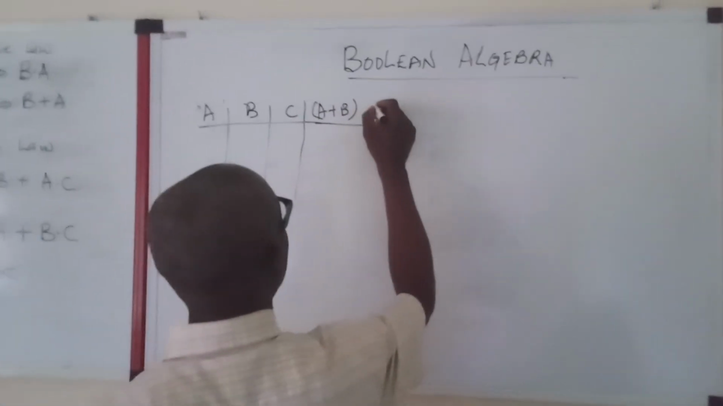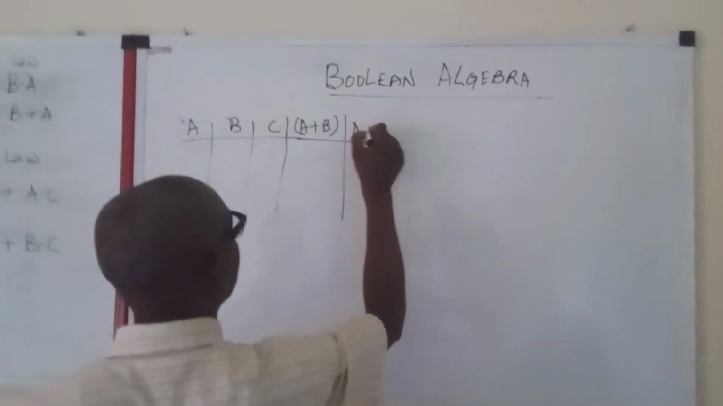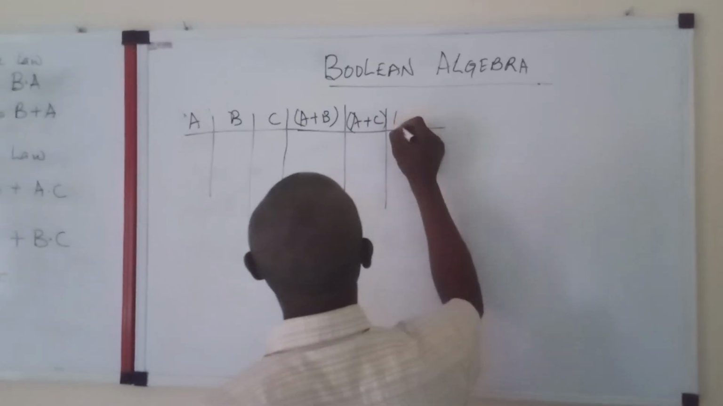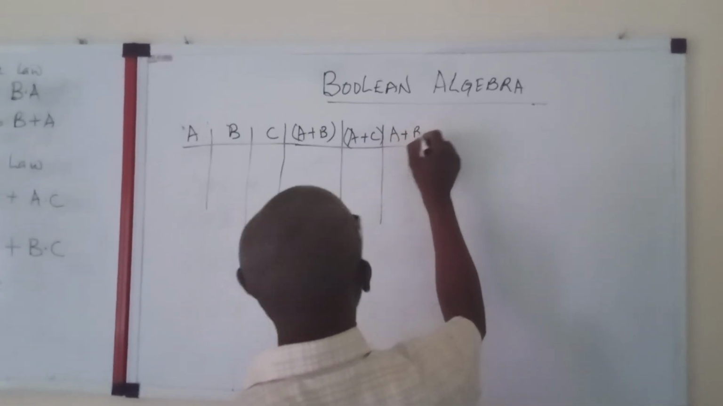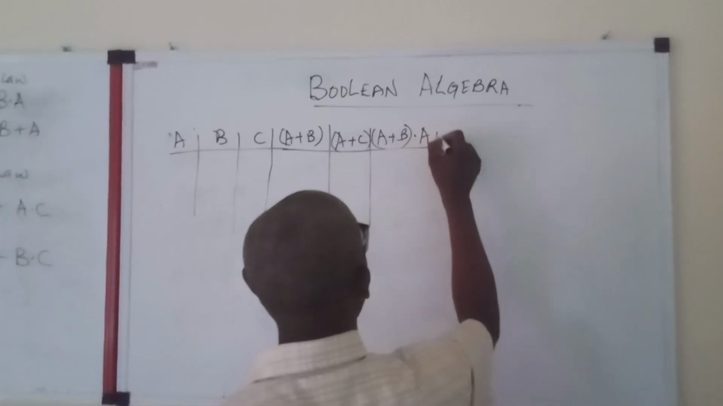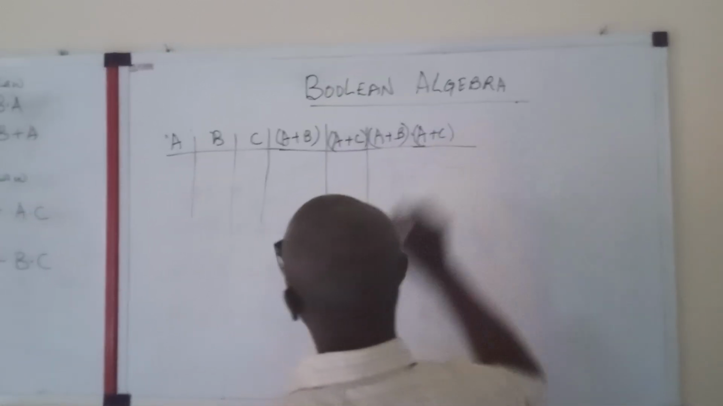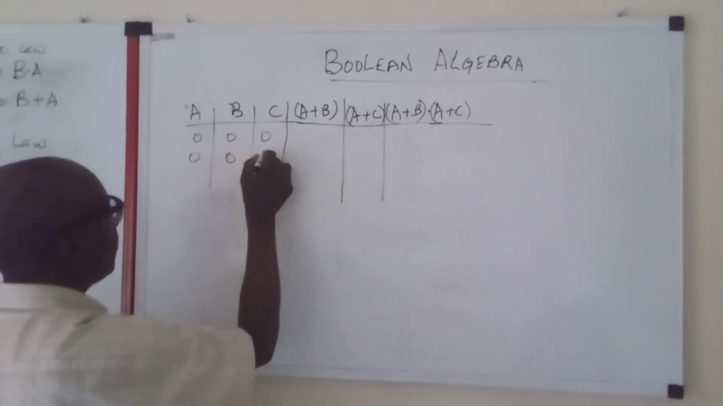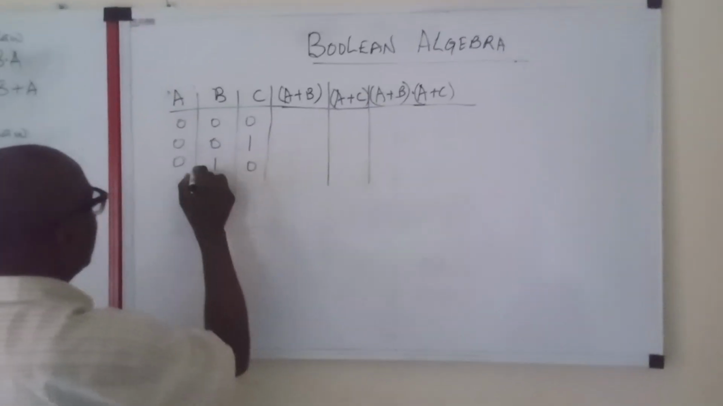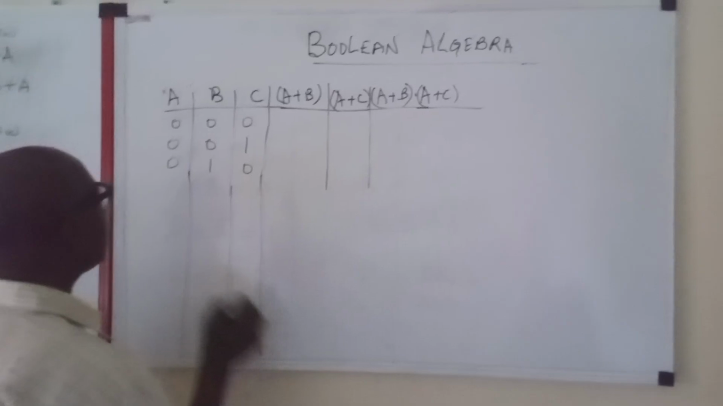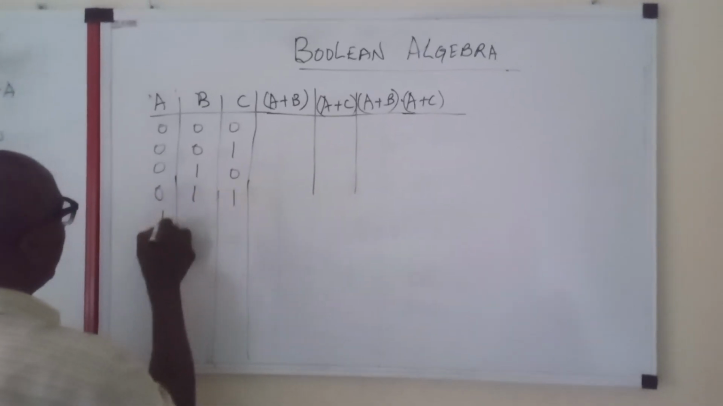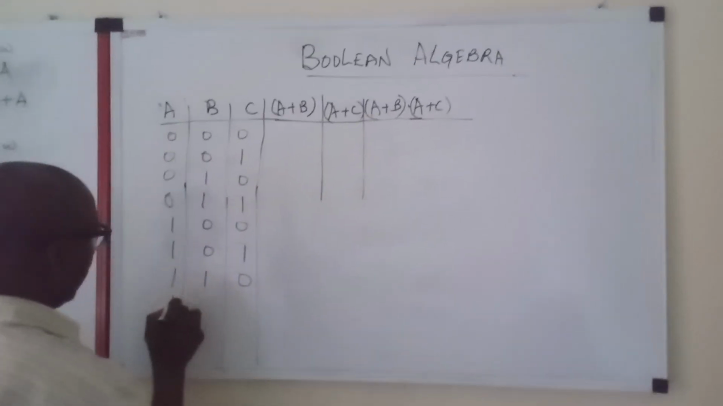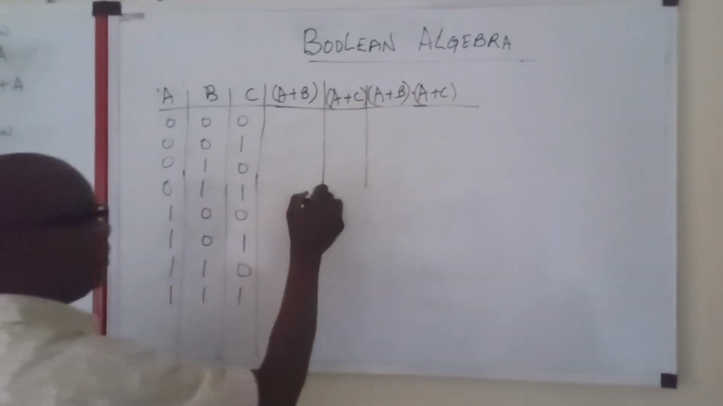We can also have A or C. Then we now have A or B and A or C. Now we have 0, 0, 0, 0, 1, 0, 1, 0, 0, 1, 1, 1, 0, 0, 0, 1, 1, 1, 0, 1, 1, 1. So if we do that,